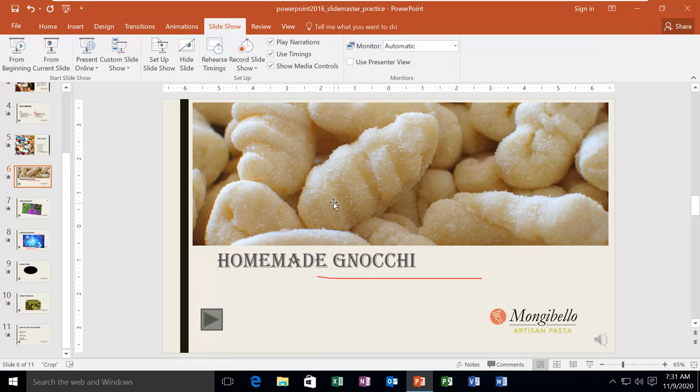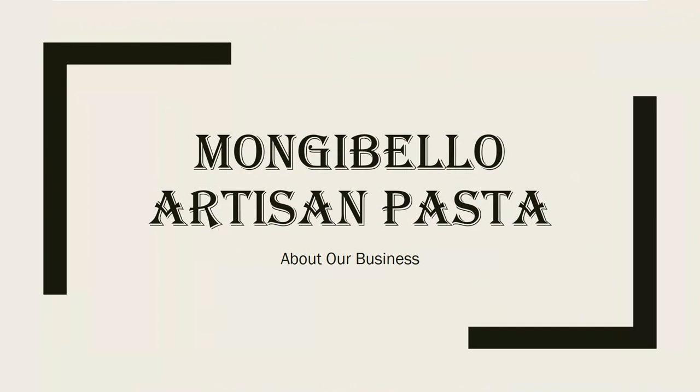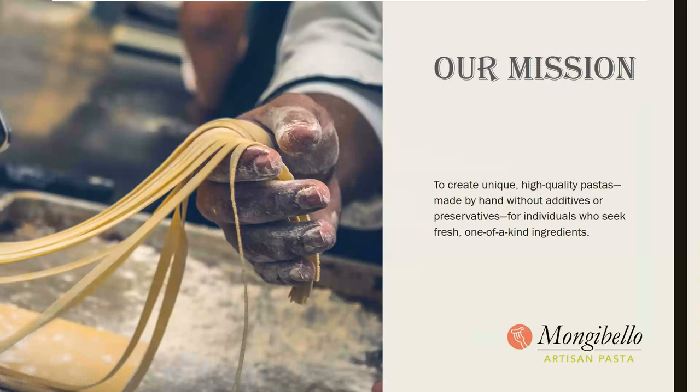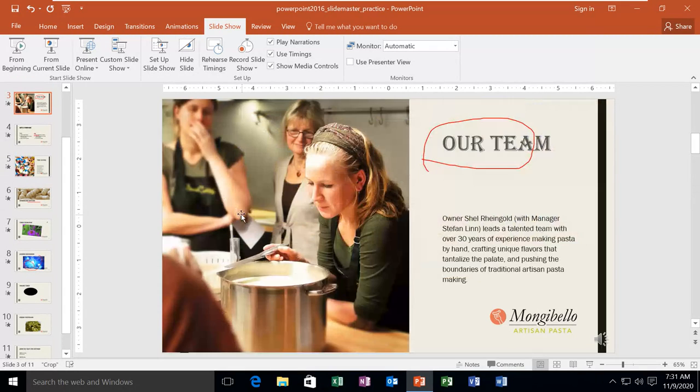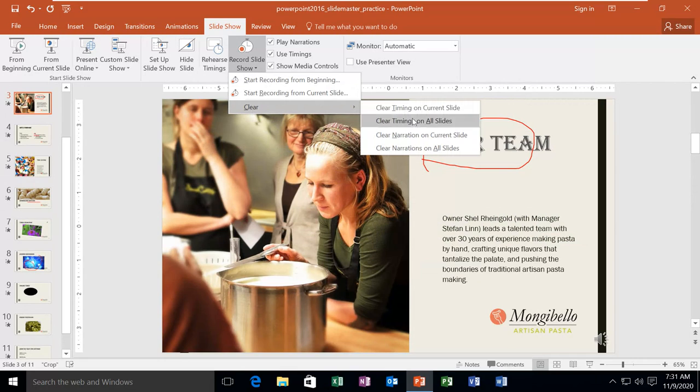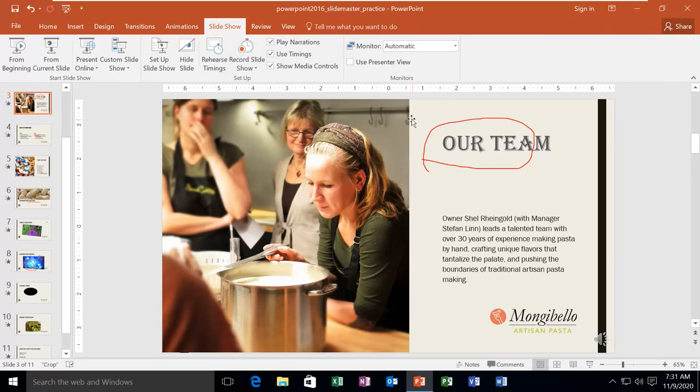So if I run this, now it is playing my voice there, and it has my timing, but it will not automatically change, it will not advance. So I select here clear, and I say okay, clear timing for all slides.